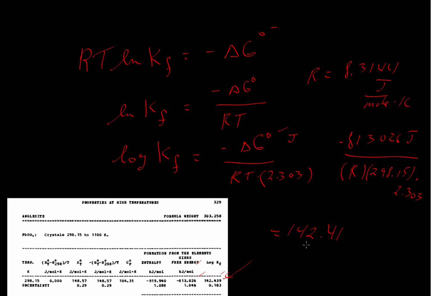That's pretty close to this value of 142.439, but not quite. I'm not sure if that's rounding error. It might be, or it could be they do a little bit of modeling to get the log KF instead of taking a calculated value from this. I'm not precisely sure. It could be that they had other decimals out here, though, that gave us that slight error. But this at least shows us that tables are internally consistent, provided that, of course, we read them correctly